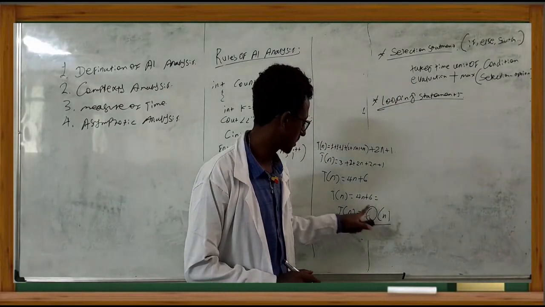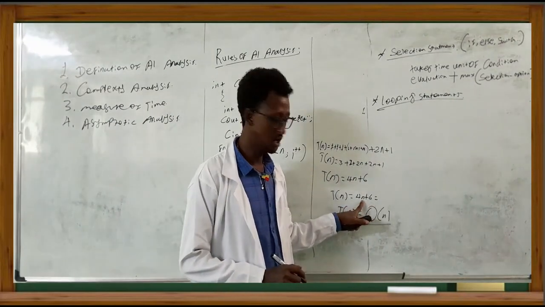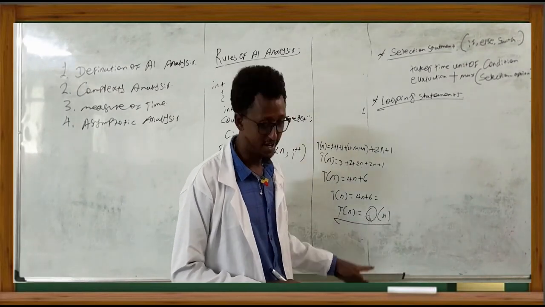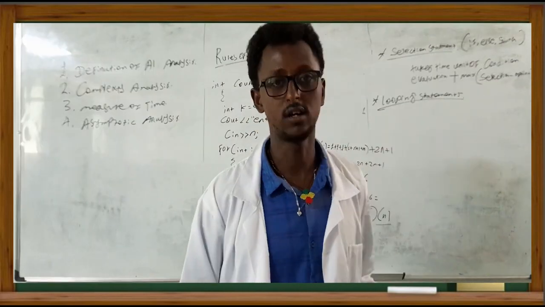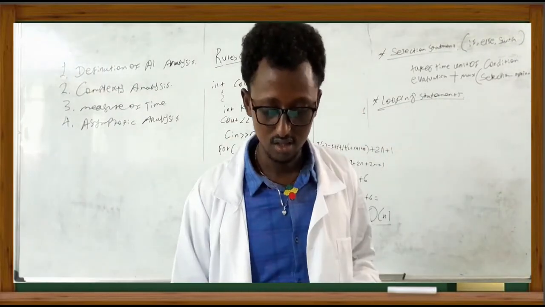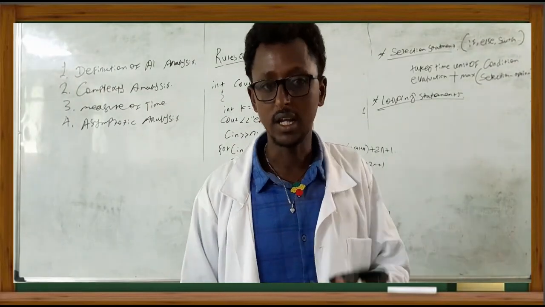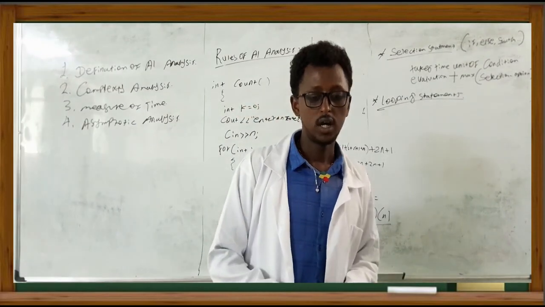We take big O of n, that means this is a linear function. The function 4n plus 6 is a linear function. So your time required is expressed in terms of a linear function, which is big O of n. I think this is a clear concept. If there is some confusion, please let me know in the comment section. Good. Another